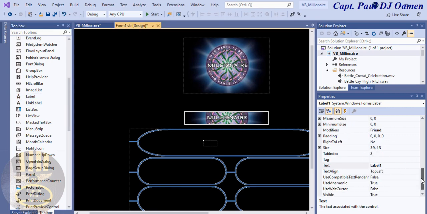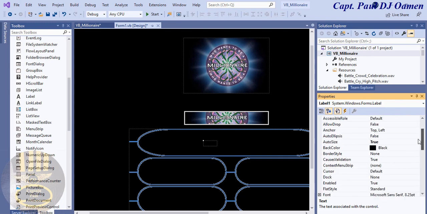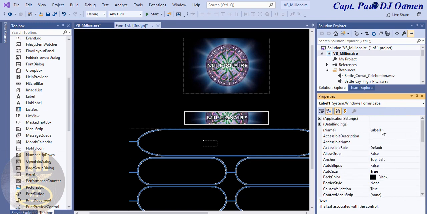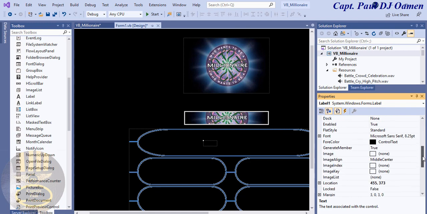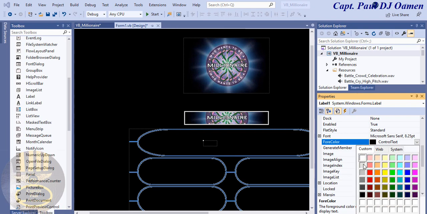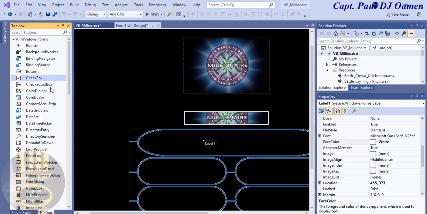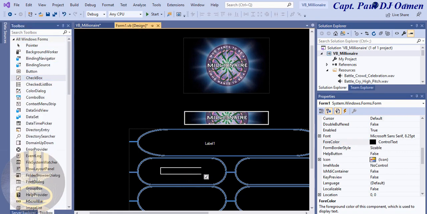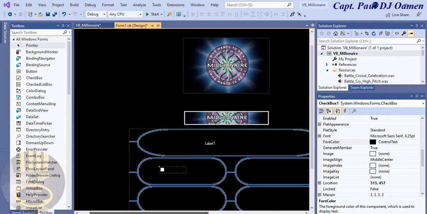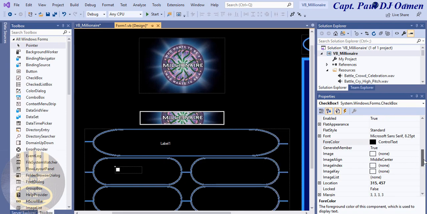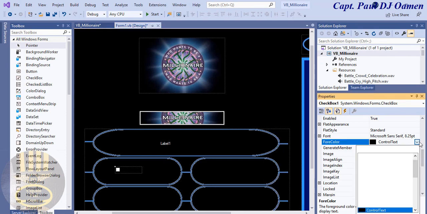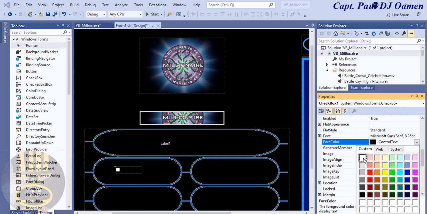That is label 1. I'm not going to bother changing the names because I'm not using a lot of labels. The only thing I'm going to change about that label is the text to white. There. And in here I need a checkbox. Click checkbox number 1,